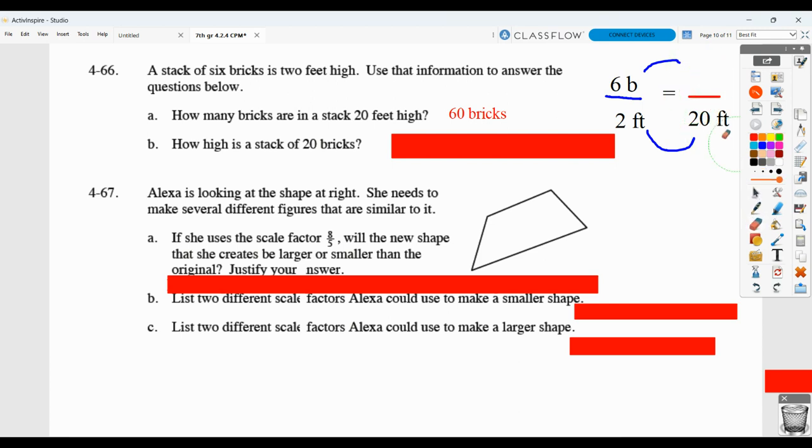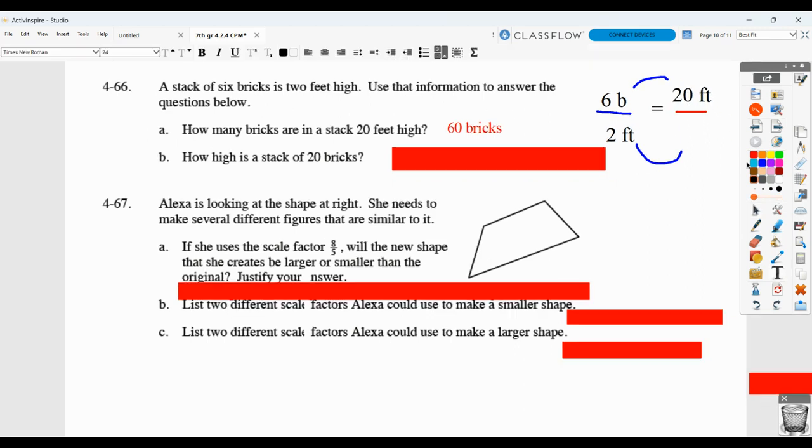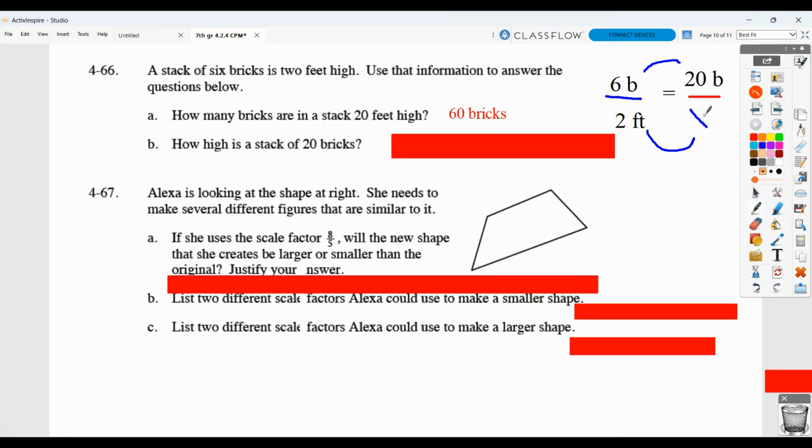And then here, if you set it up as a proportion, the advantage for this one is now you simply replace the number of bricks with 20 and get rid of my label, because this would now be bricks. And then I want to know what is the number of feet. So here you would want to do the cross products because there's no nice multiplier to get from 6 to 20. So we would multiply the 2 diagonally that we know, 20 times 2,